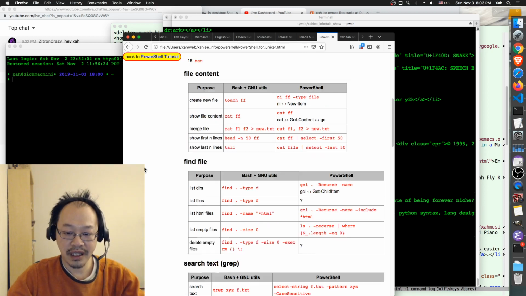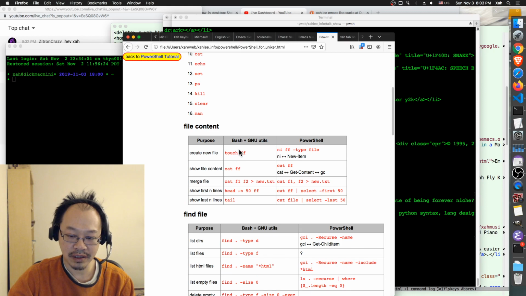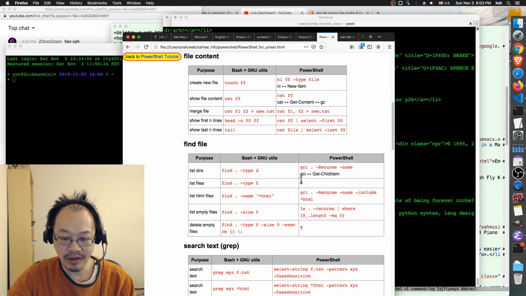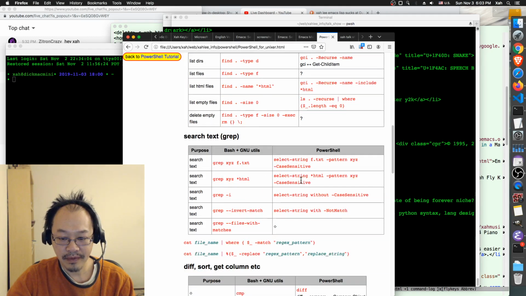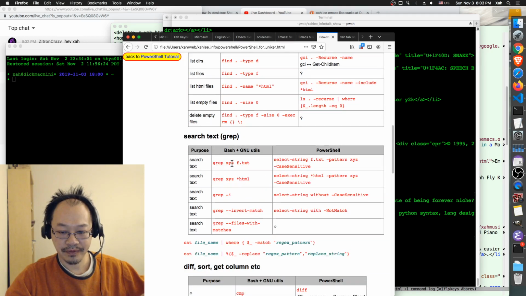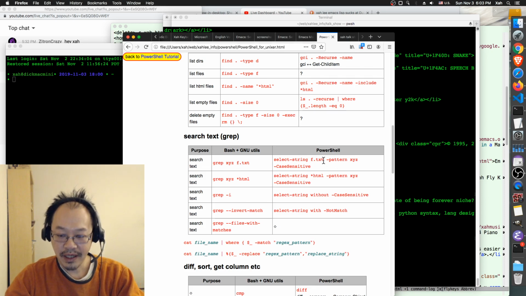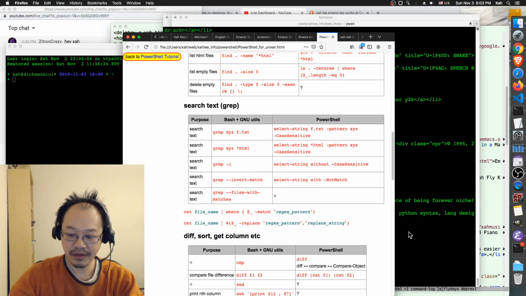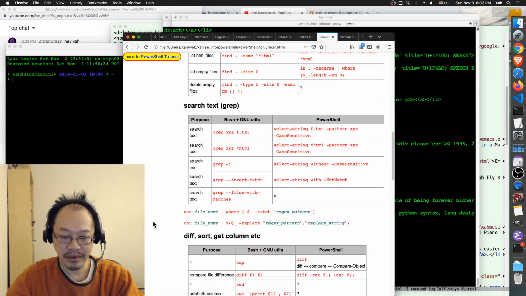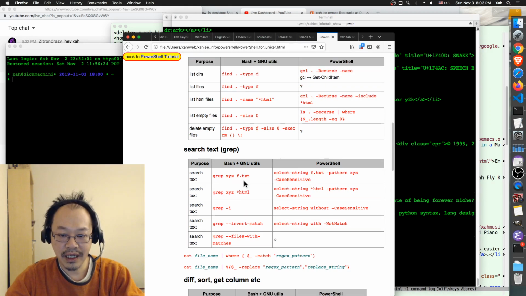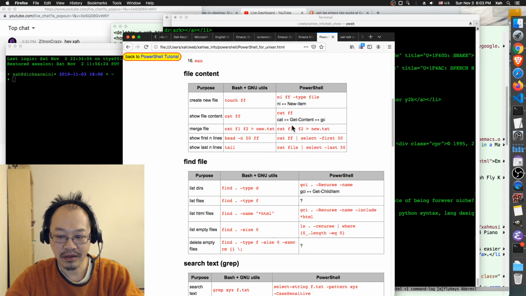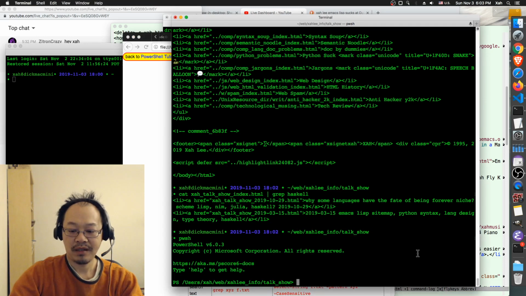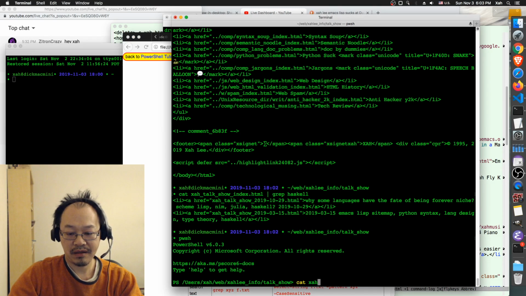So on this page you can see the Bash syntax and the PowerShell equivalent. What we want to do is grep. Okay, there. Okay, it's complicated. Let's do it then. So grep. How do you cat a file in PowerShell? So cat is the same as cat. So you do cat xah talk show